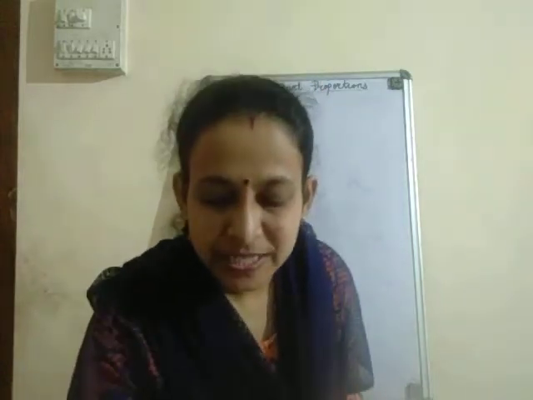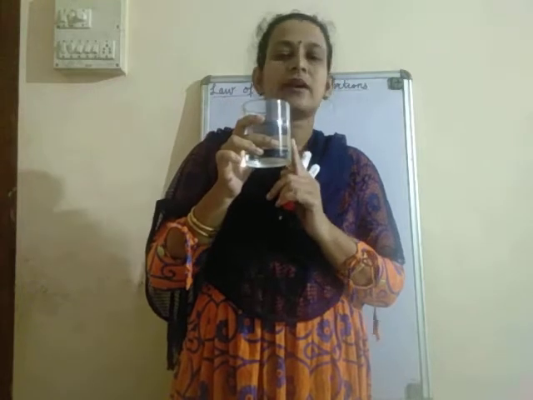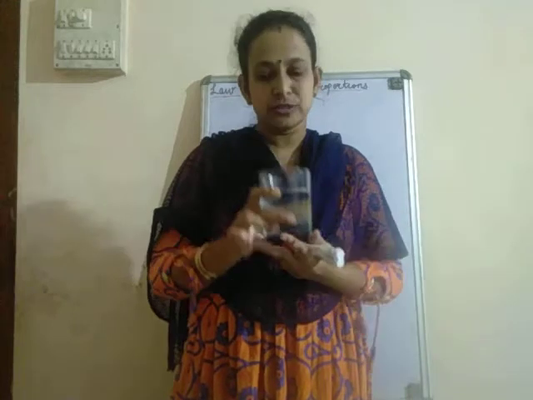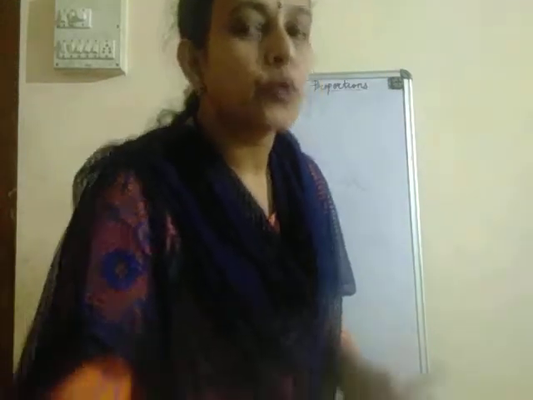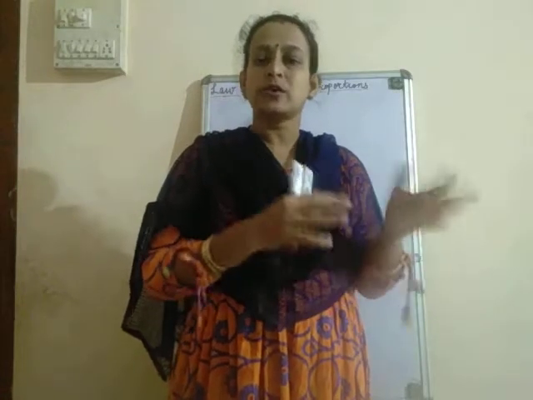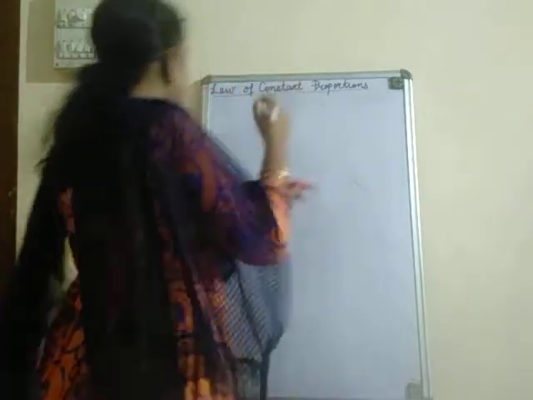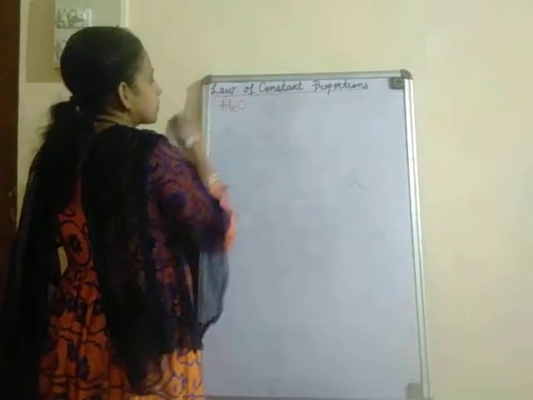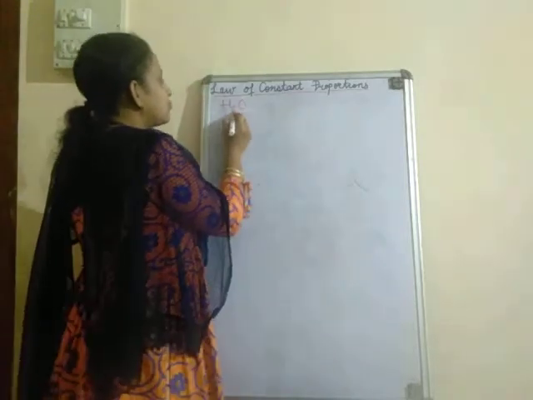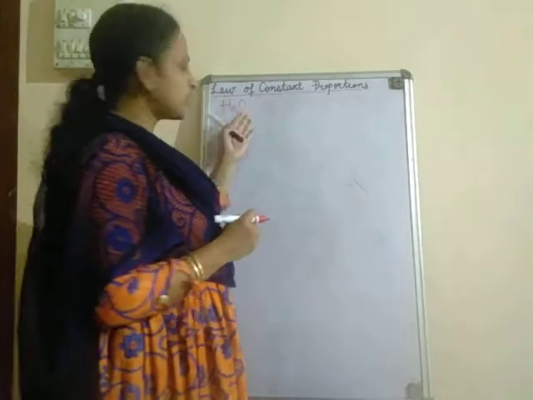Now, before we start, let me give you an example. Here you can see a tumbler of water, or you can also call it a glass of water. This water you get from different sources like river, lake, wells, sea. Though the water comes from different sources, the formula of water is always H2O. In H2O, we have 2 hydrogen atoms and 1 oxygen atom, always combining in this fixed proportion.